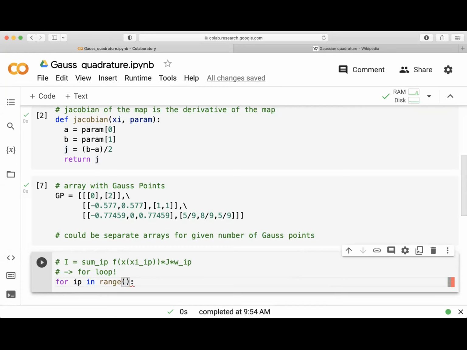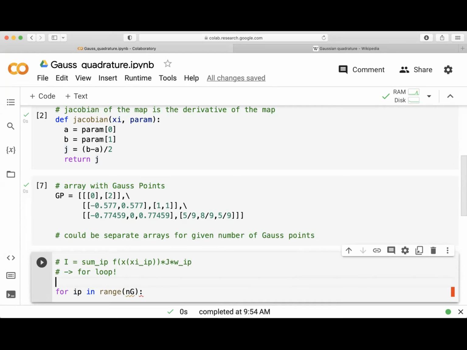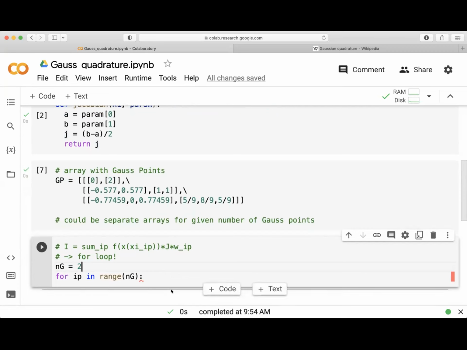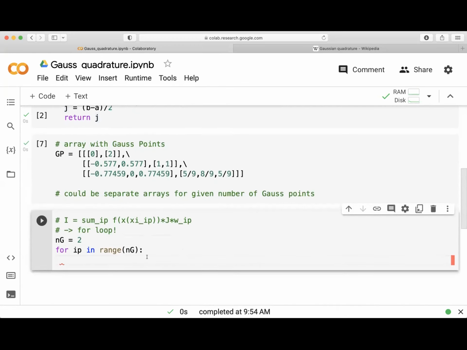Is basically my degree of freedom. It should be this NG. So if I ask for 2 points, for example, then it should do it twice. If I ask for 1 Gauss point, then it should only do it once. If I ask for 3, then it should do it 3 times. So it depends on how many Gauss points you have. So for a given for loop, I need to evaluate f of x of psi of